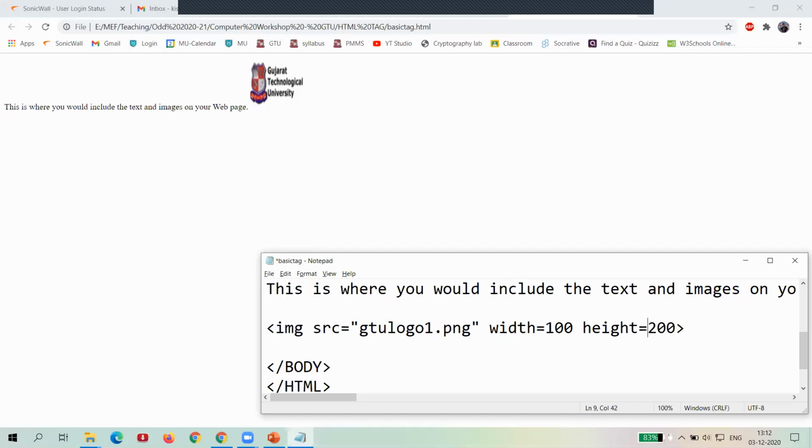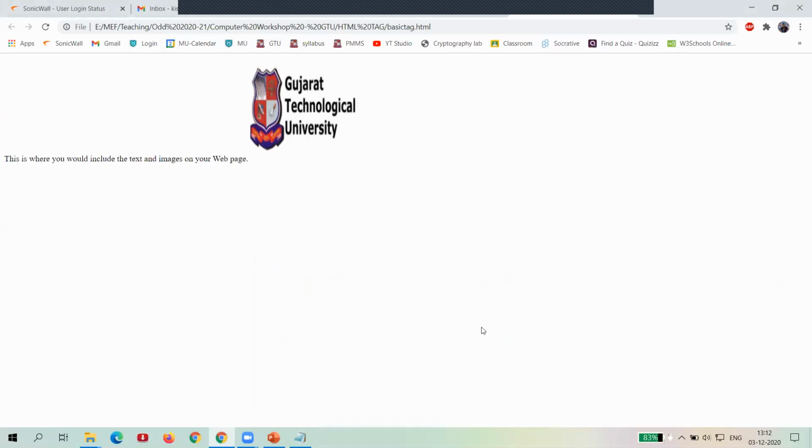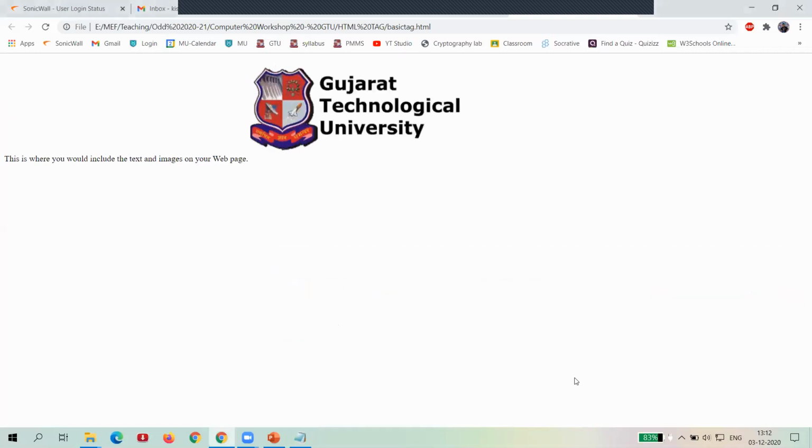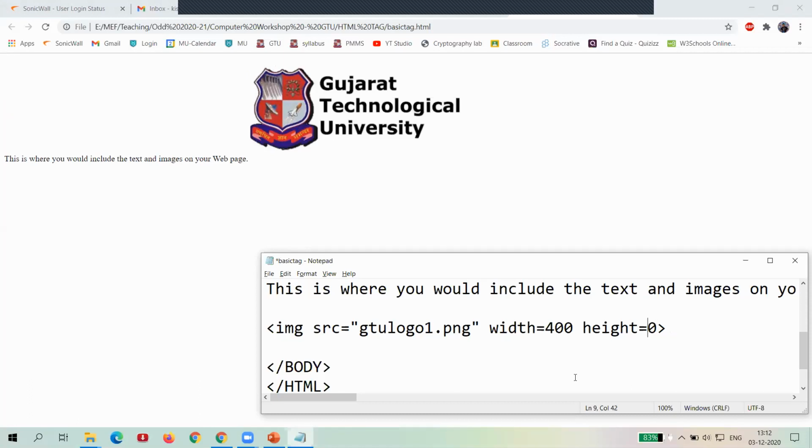Like for example, if I set it to 200, you can see again it increases the image size also. It's 200. Like the same, if I say 400, like I said 150.